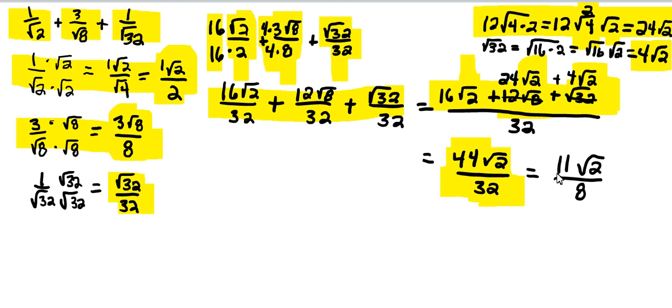And I can try to reduce this fraction a little bit by reducing these whole numbers. Looking for the largest number that divides evenly into both, which turns out to be 4. So 44 divided by 4 is 11. 32 divided by 4 is 8. So our final answer is this 11